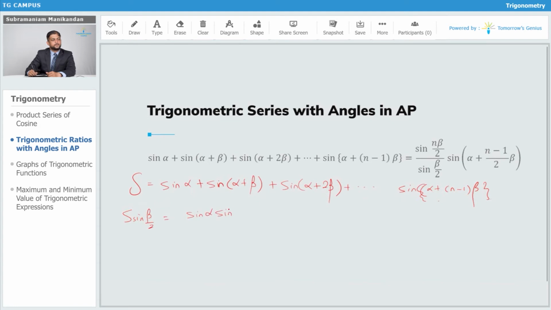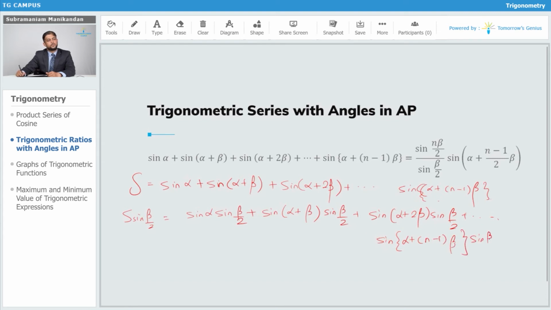sine alpha sine beta by 2 plus sine alpha plus beta sine beta by 2 plus sine alpha plus 2 beta sine beta by 2 and so on up to sine alpha plus n minus 1 beta sine beta by 2. We get 1 upon 2 into 2 times sine alpha sine beta by 2 and so on. Doing the same thing to the other terms, we get